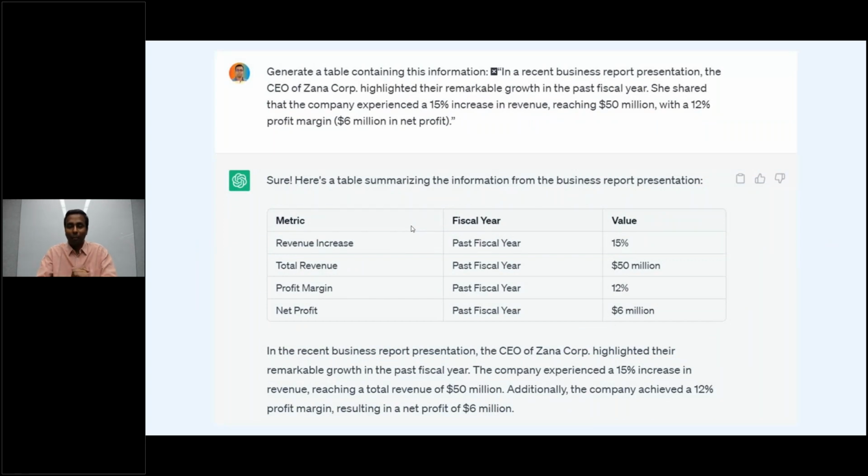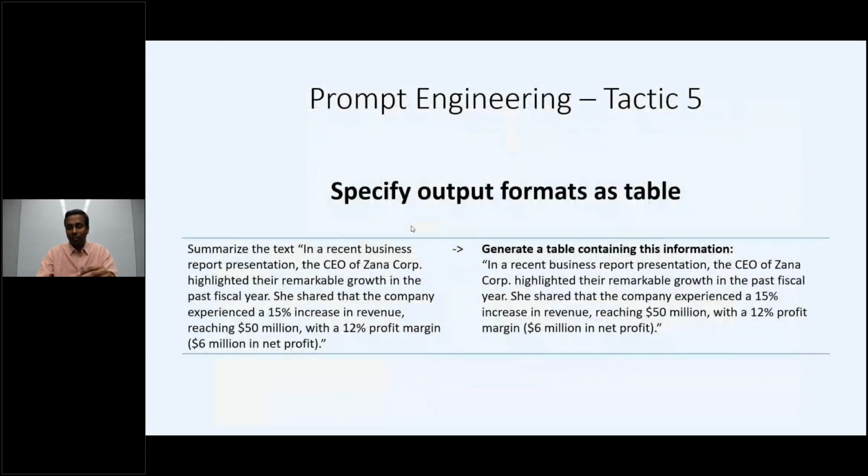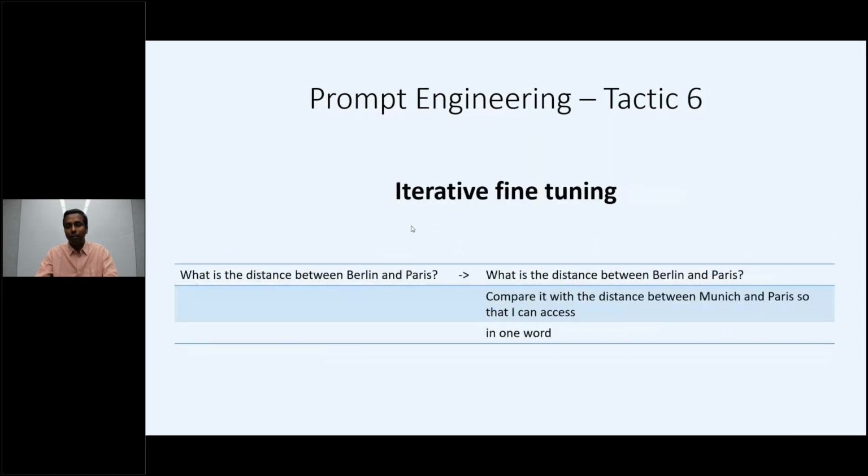This is an amazing prompt you can use to convert a lot of content that you have and represent it in a very structured and beautiful format, just like the table is one of the examples. And the same goes with bullet points. You can ask ChatGPT to summarize some text in bullet points and things like that. Okay. So moving on to tactic number 6, where this is a very interesting concept in